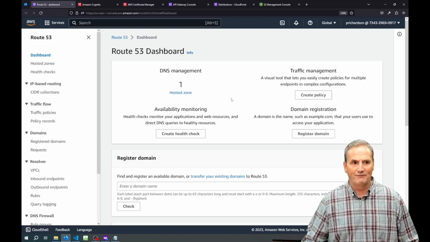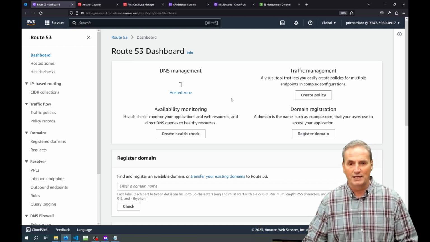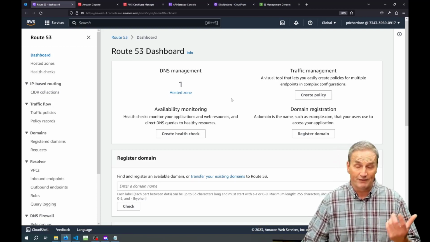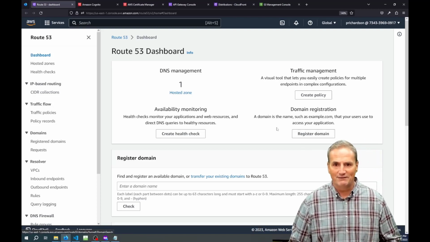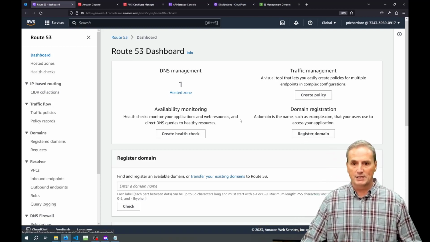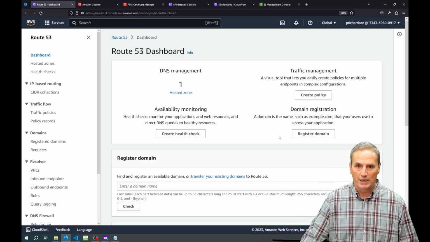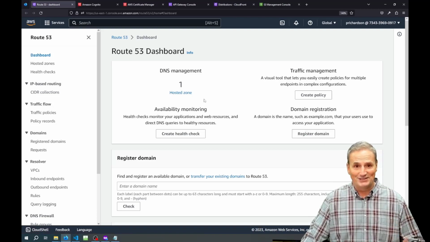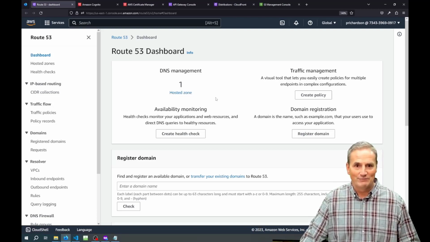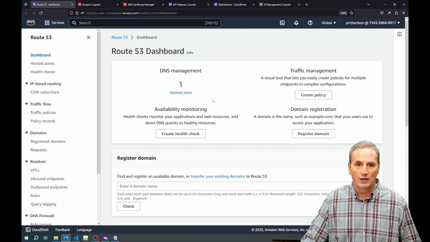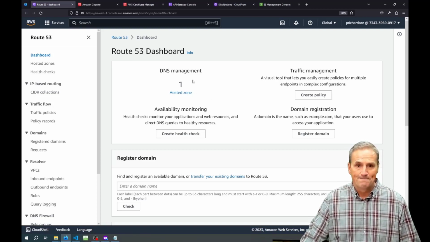So if you're practicing for any of the associate exams or professional exams, obviously, create a domain for yourself to play with. Even if you just do it here, it's I don't know, $14 or so, I guess. I have one in my other account. But it's just as easy to do it this way, and it's a lot cheaper on Namecheap, or I don't know what GoDaddy charges. But anyway,